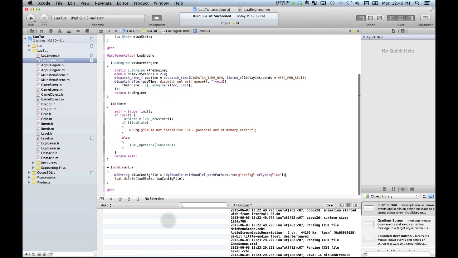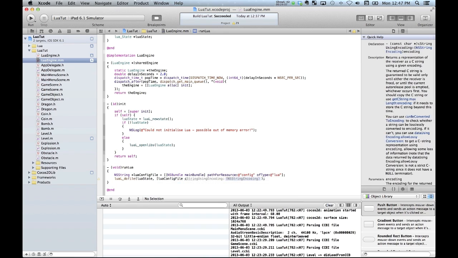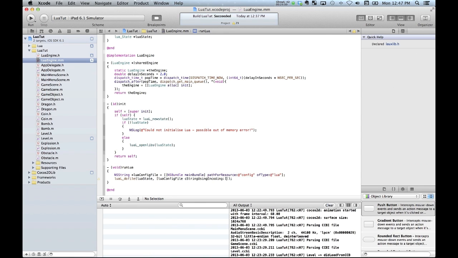Now the thing is, this is not going to work. We cannot pass in an Objective-C string into our Lua functions. We have to pass in standard C null terminated strings. So let's get a null terminated string. It's going to return non-zero if there is an error. So that's the reason I've coded it up that way. We'll finally show what actual error comes out of